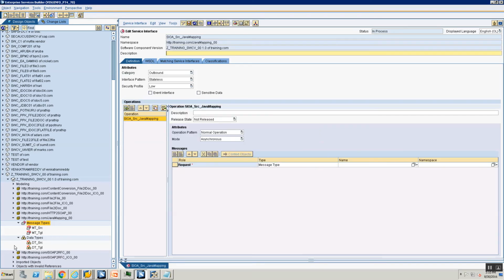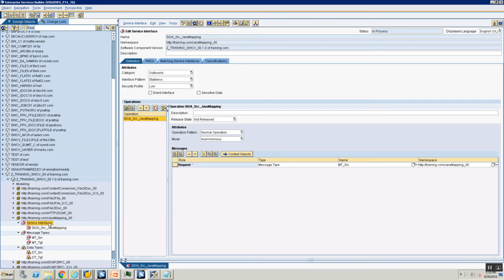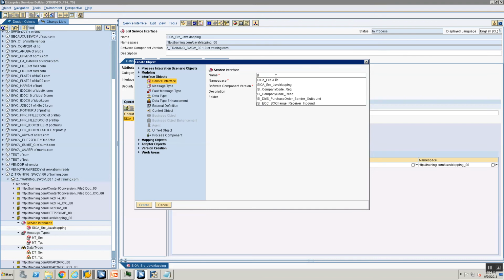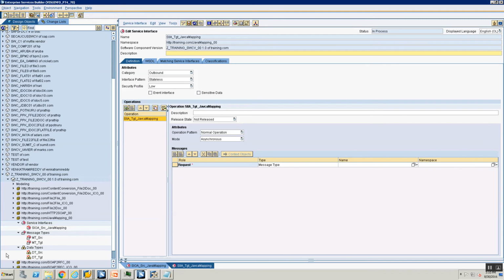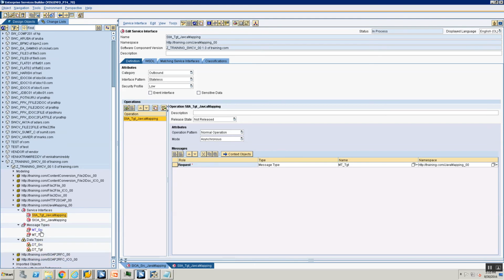So this is an outbound asynchronous. I'm dragging my message type and putting it here. All right. Next, I'm creating a new service interface. Right click, new service interface, SIIA TGT underscore Java mapping, right? Saying create, and empty underscore TGT, right? Excellent. So we have created a data type, we have created a message type, and we have created a service